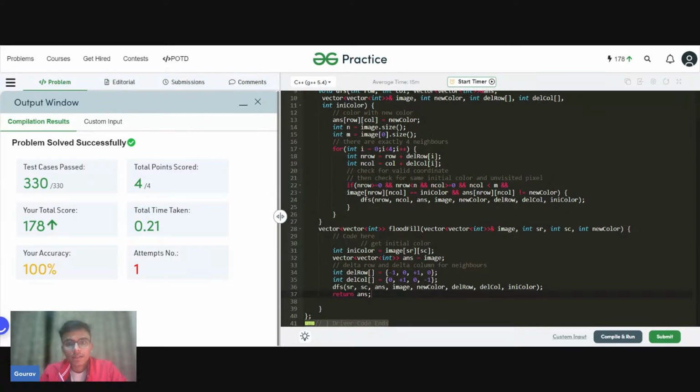Let me tell you more about this session. Today is the very last session of this year, and of the graph series as well. After that, we will be continuing our tree series from January onwards. It will mostly start from the 3rd or 4th of January, and it will be at 10 p.m. itself.